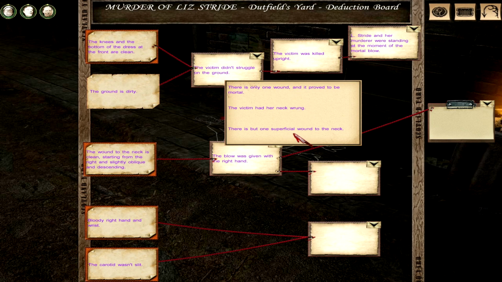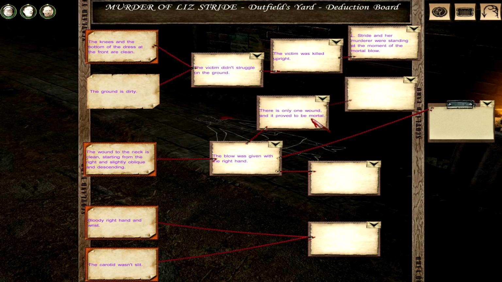I don't know the difference between a superficial and a mortal wound. Does a mortal wound mean that you instantly die? Or does superficial mean like a scrape? He did say the penknife was superficial, but that would still kill you, wouldn't it? Penknives are still sharp. It's not like someone tries to cut your throat with a spoon. Be very spooky. I don't know, it's either this one or the superficial one. I guess we're just going to have to wing it.